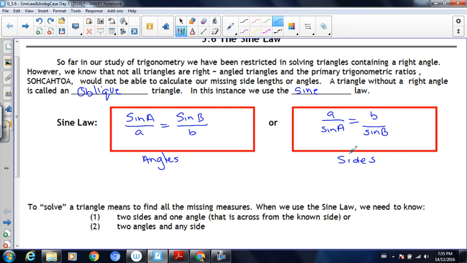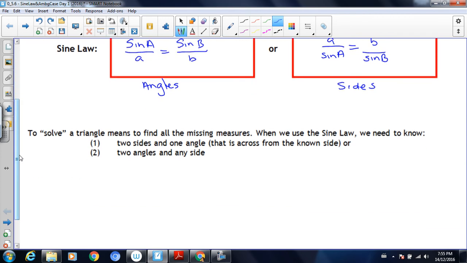Again, it doesn't really matter which one you use, because these are ratios. However you set them up, you would have 3 out of the 4 pieces of information and only one variable missing. Therefore, you can always rearrange to solve. You could still use this to find angles, and you could still use this to find sides. As long as you know how to set up the ratio, you'll be fine. Now, to solve a triangle means to find all missing